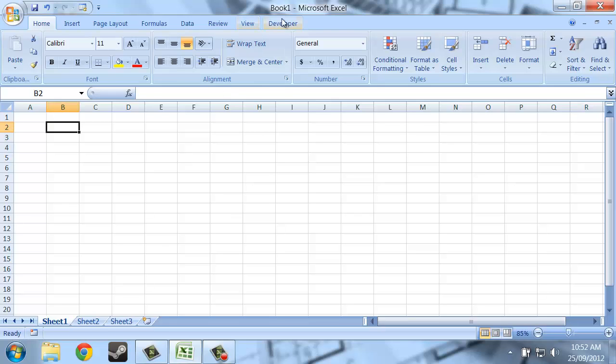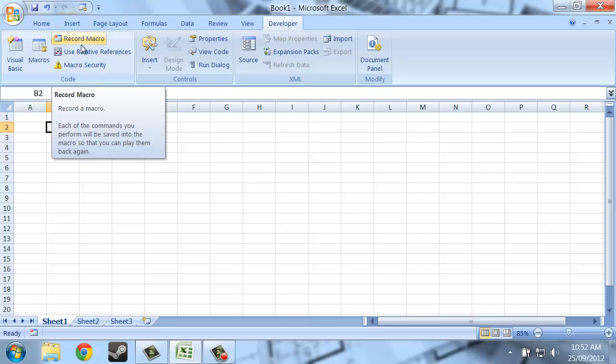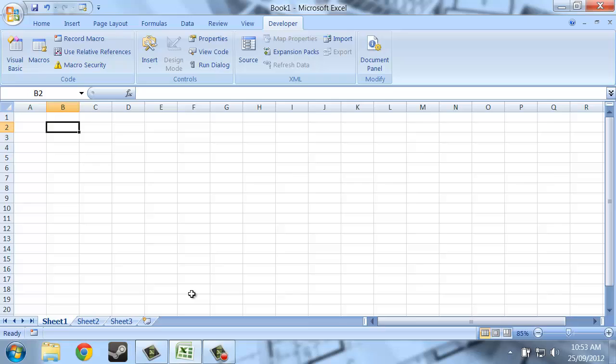Okay, so first up, go to the Developer tab. I've already turned on macros. I'm going to do the data entry. So problem 1 is create a macro to set up sheet 1 as data input. That's just going to be